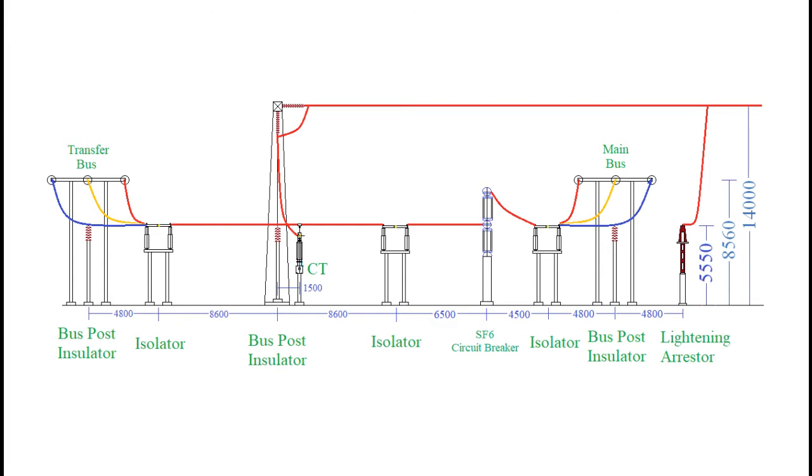Current transformers are separate for each phase and also separate for protection and metering. In this way, each bay would require 6 CTs. So a total of 30 CTs are installed below the 14-meter high tower before the bus post insulator. We will number them as CT1 to CT13.